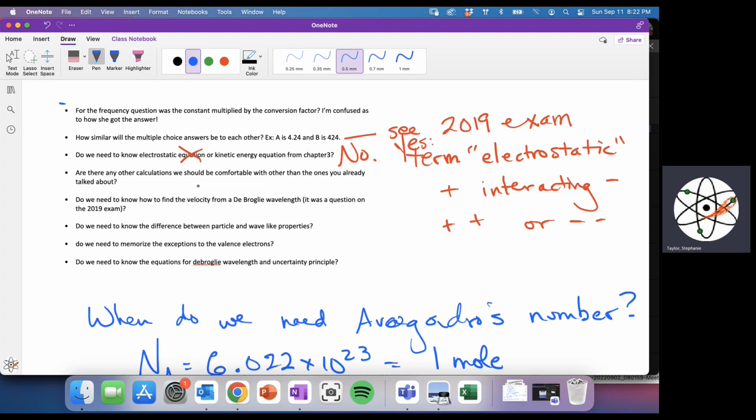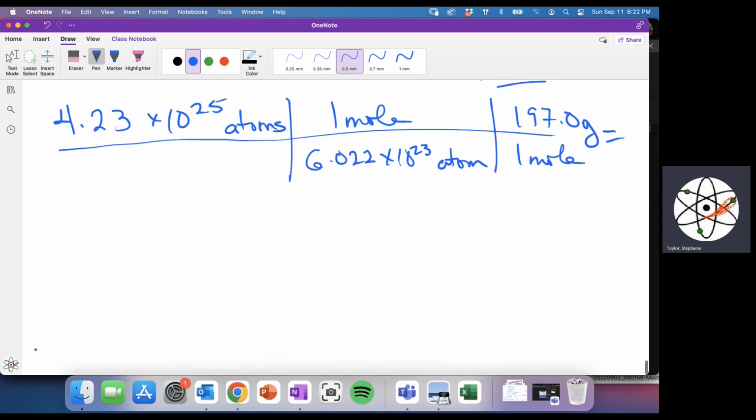I'm trying to think if there are other legitimate calculations. There are some oddball ones that I personally never think of as calculations, but some people do. So I'll give you an example, in quantum numbers. The bottom line is going to be yes. There are always calculations that you are responsible for that I don't remember. There's always something. For example, in quantum numbers,